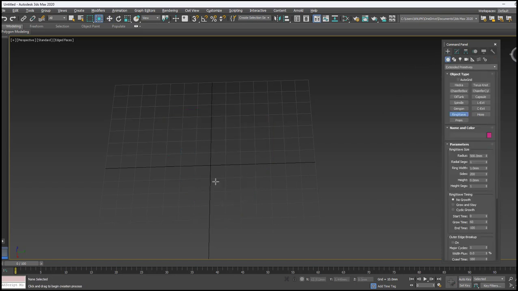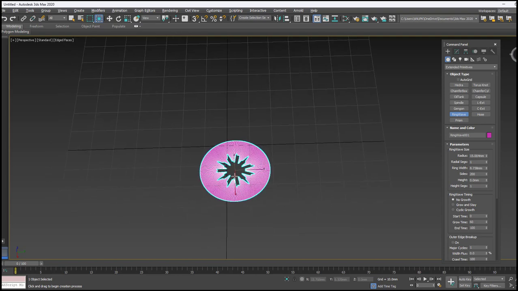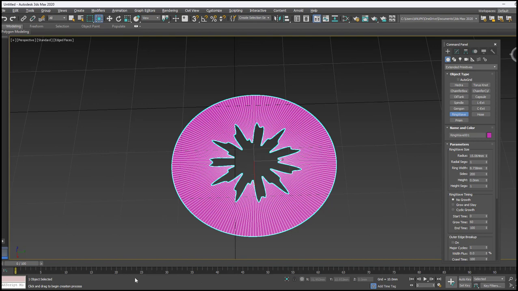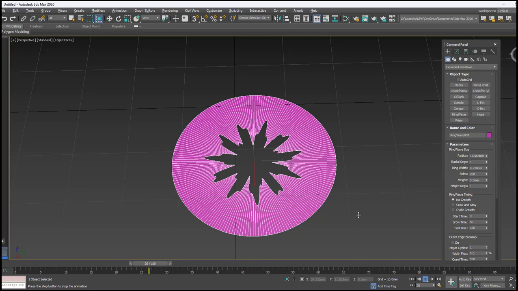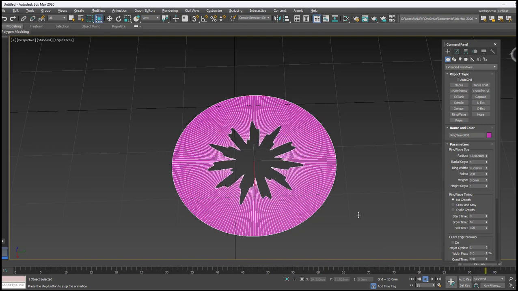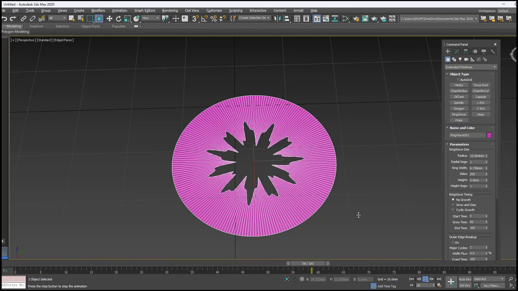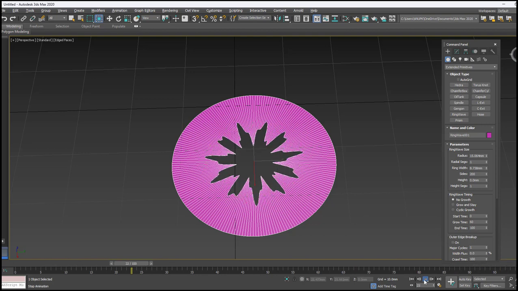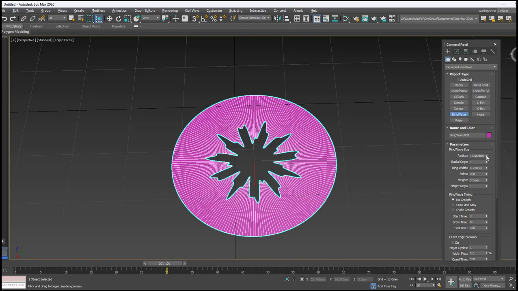Next one is ringwave. Click center, inner and outer radius. And then even you can play this by using the keyframe. You just play here, play animation. So you can show the water flow or any other liquid flow by using this ringwave option. Let's go with the modification.